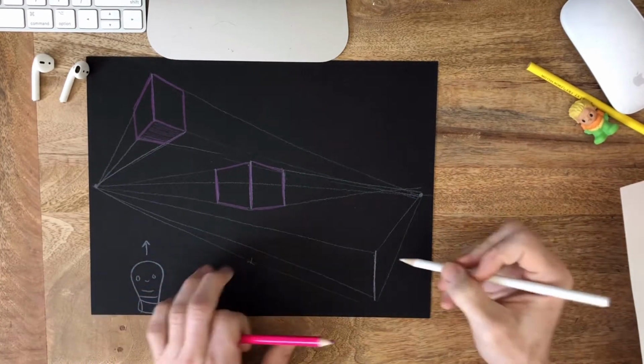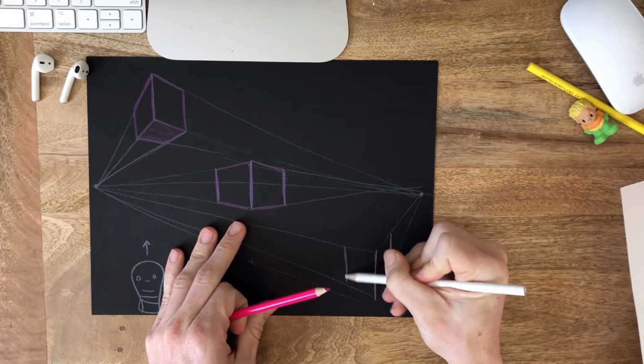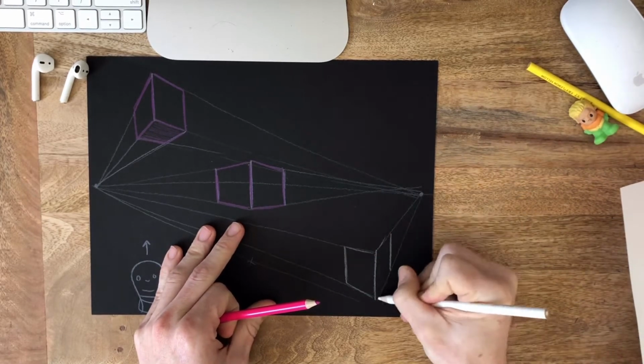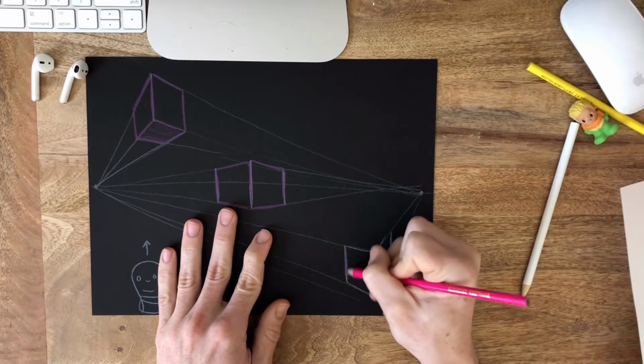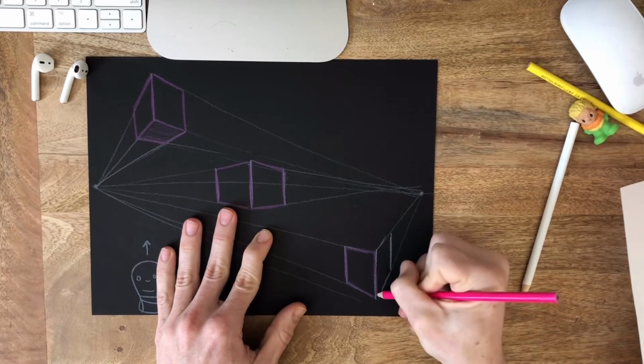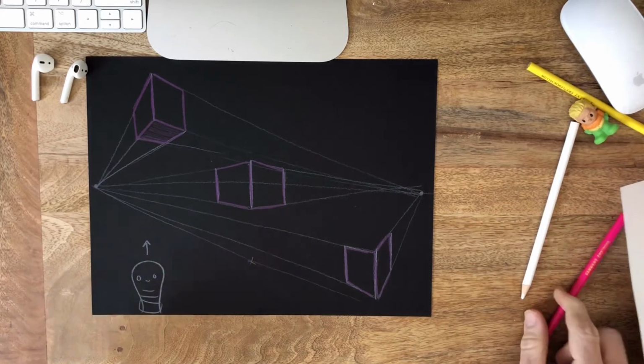Again, I'm going to go ahead and take a vertical line, put it next to my shapes. I'm gonna trace my guideline, get my pink pencil here that I'm using today. Perfect. Okay, now